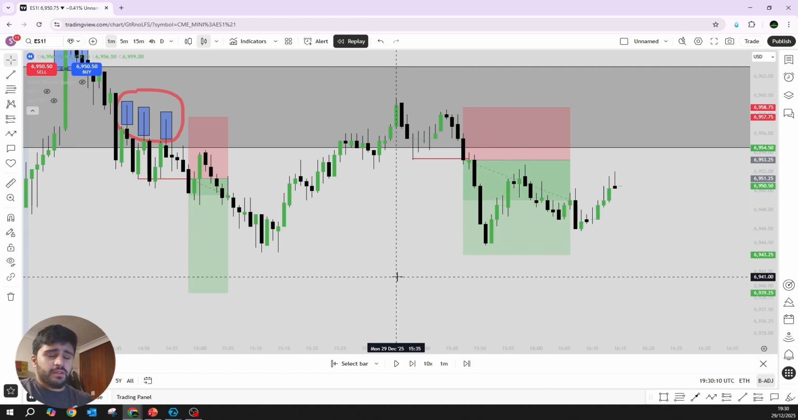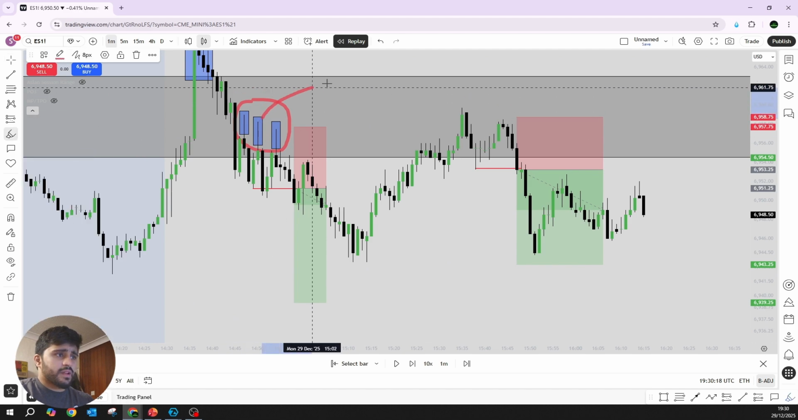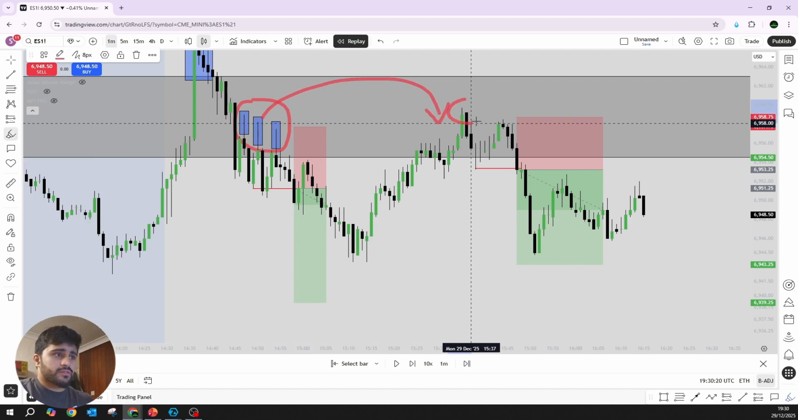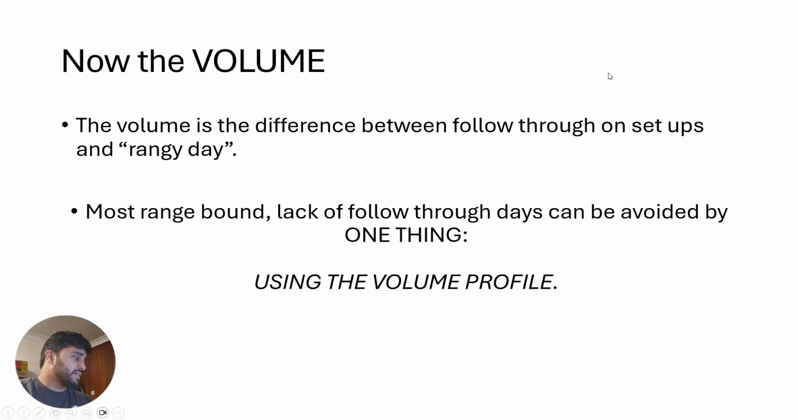If you are looking for A plus setups, you need to compare the delta using finished auctions and follow through, right? So hopefully you can see the difference between this setup and this setup. They're two different things, okay? So if we go back to our presentation now, the next thing I wanted to go through is volume. So what